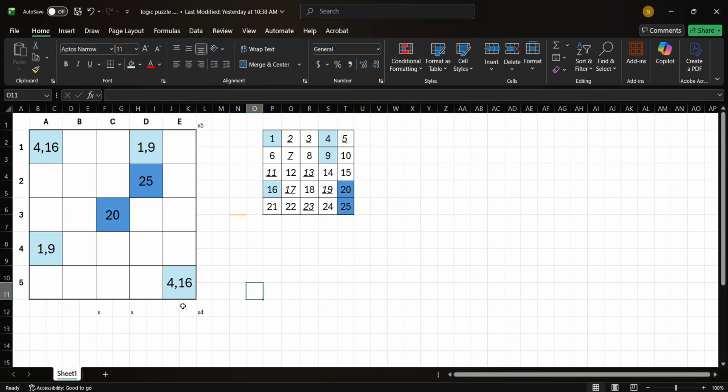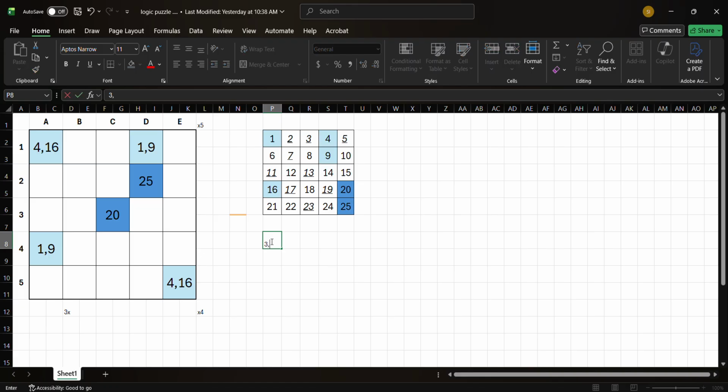Now, the 4 and 16 are both also not multiples of 3, so can't be there. And the same there, which actually only leaves us with the 1. So this one must be multiples of 3. Now, it's probably best at this point to write out some multiples of 3, 4 and 5 to help us